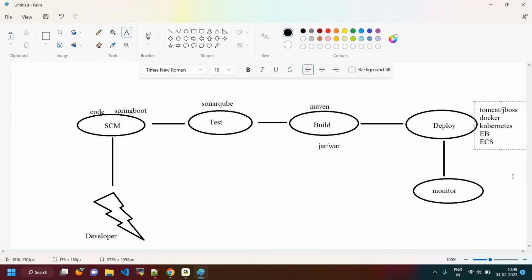We need to set up Tomcat first. On top of Tomcat, we are going to be deploying this particular jar or war file. Or else we need to use Docker. Docker is going to be building some Docker images, and we are going to be creating some containers. Or else we can go and discuss Kubernetes. Inside Kubernetes also we can deploy. Any one tool, it's not required to use all the tools, any one tool we can use to deploy our applications.